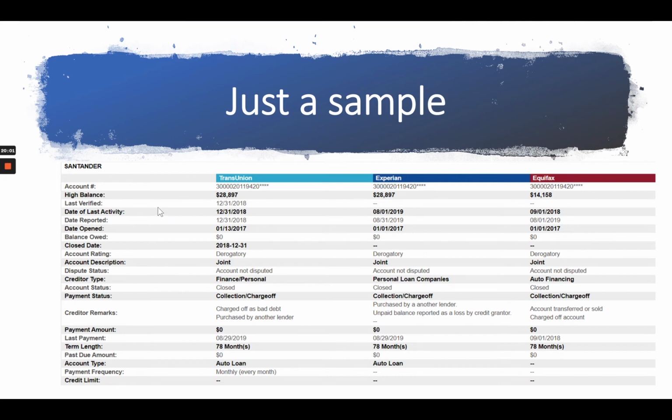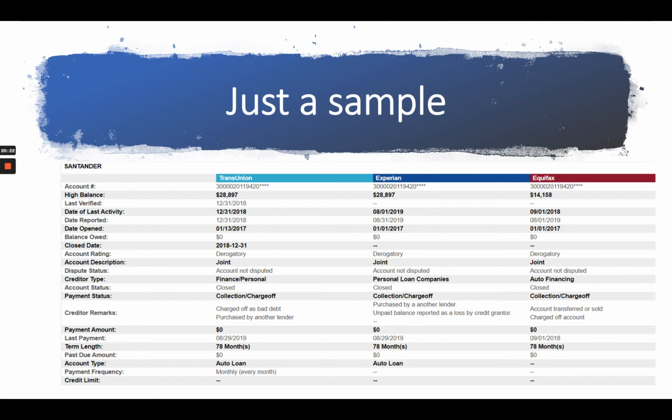It is required. Last verified is base segment character field 2, also required. Date of last activity actually isn't in the base segment character field. It's going to be in the header code. Okay, the header code is going to be header code 8. The date reported right below it is going to be